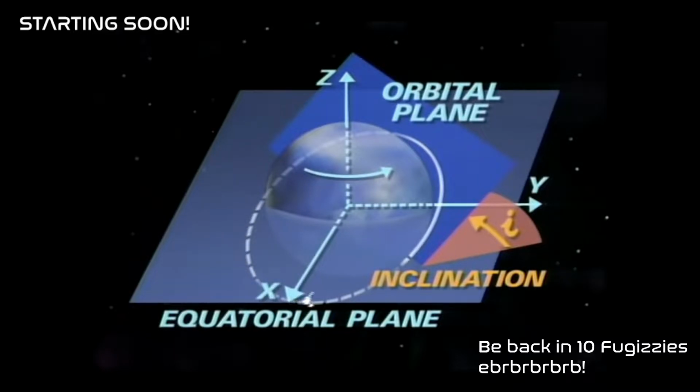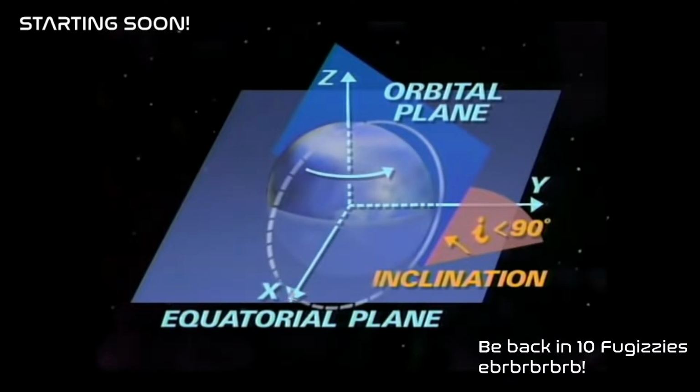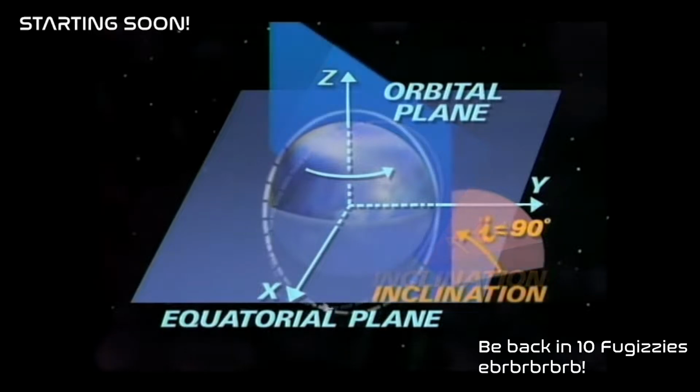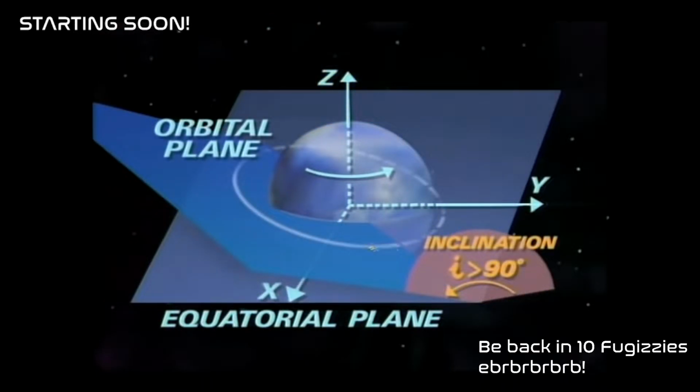A satellite which has an eastward velocity component at the ascending node has an orbital inclination lying between 0 and 90 degrees. Such an orbit is called a prograde orbit. A satellite which moves due north at the ascending node is in a polar orbit. Polar orbits have an orbital inclination of exactly 90 degrees. A satellite with a westward velocity component at the ascending node is in a retrograde orbit and has an orbital inclination between 90 and 180 degrees.